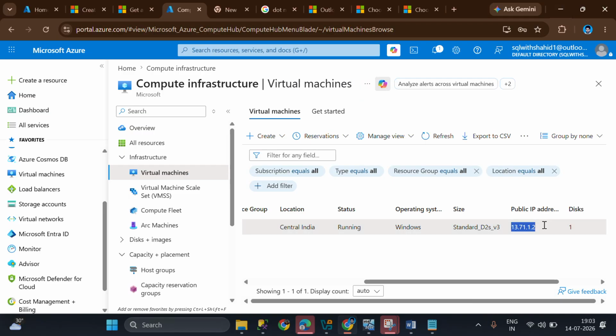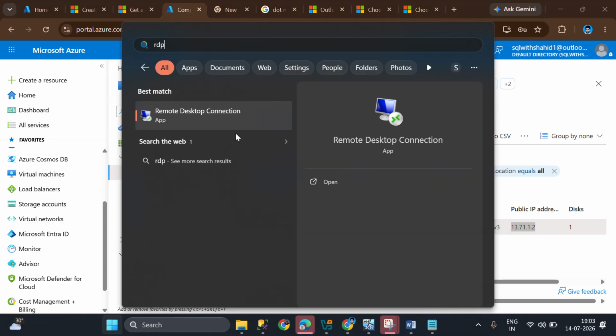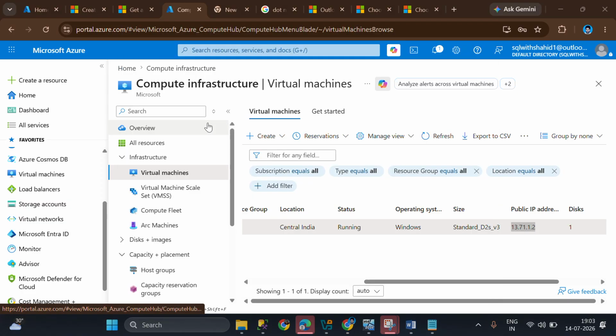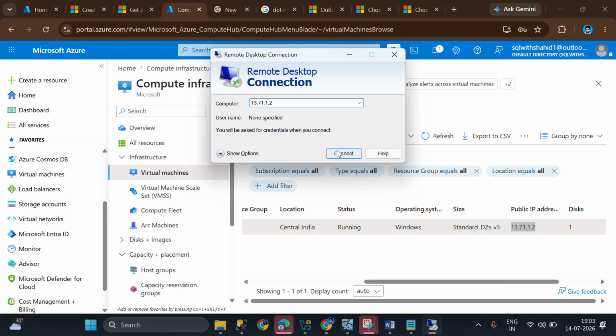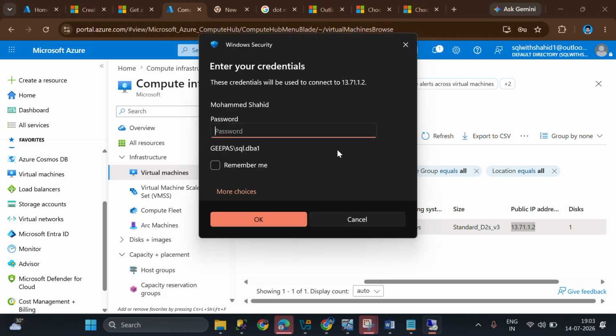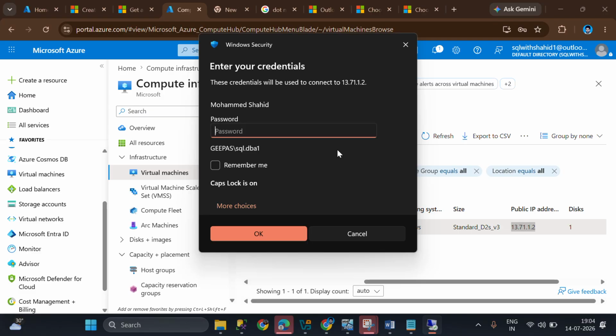This one I have connected to the Microsoft data center, Azure. The cloud is also nothing but a data center. You can copy this and use RDP, Windows Remote Desktop Connection, and connect directly.